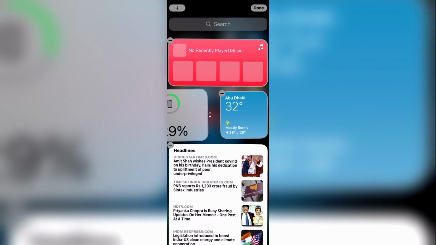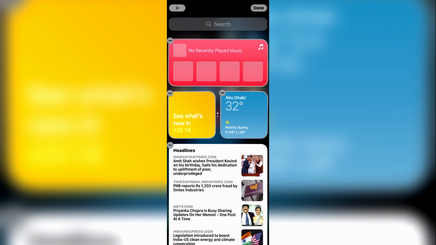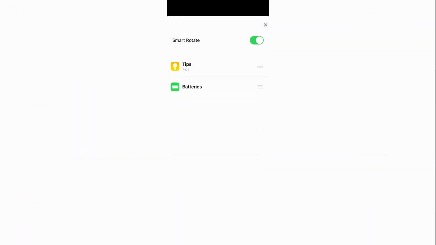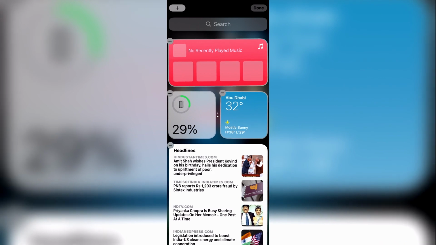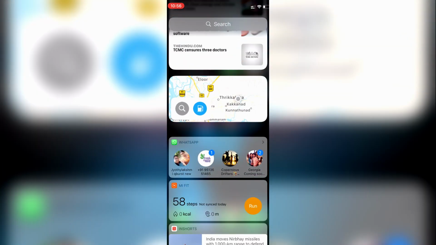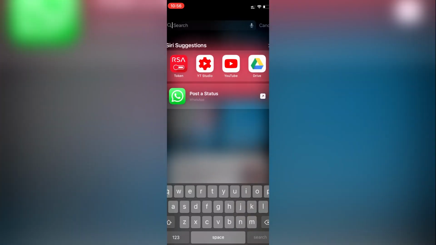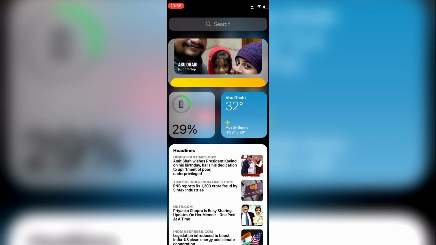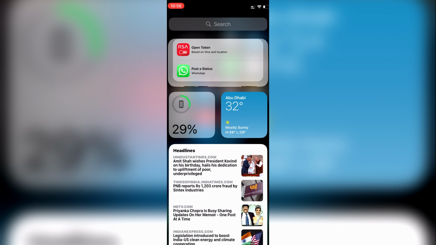And you can use widgets from today view by swiping right from the home screen or lock screen. So in case you are busy and you don't have time to open the app and see the updates, you can have the widgets on your home screen. Like you can have various apps such as your weather forecast app or your currency converter or your stock market. So these apps will be really helpful and using widgets is really cool. This feature we have had in Android for quite some time, but this is new to iOS.